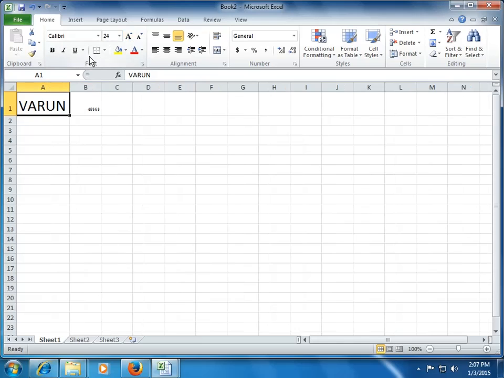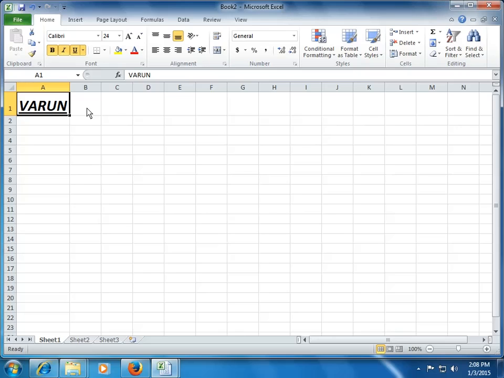There are other things we can do with the Excel font. I can make it bold by clicking on this B button. I can also change the font style to italics, or I can choose to underline the font. This is important. As an important part, let me also tell you the keyboard shortcuts for bold, italics and underline. My keyboard shortcut for changing the font boldness is Control B. So by pressing Control B, I can make it bold, or I can choose to remove the boldness.